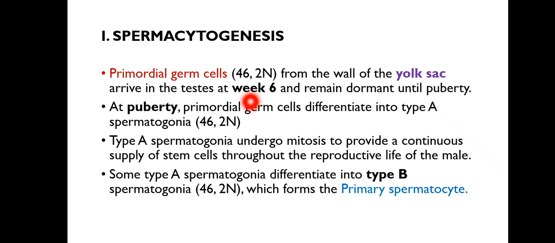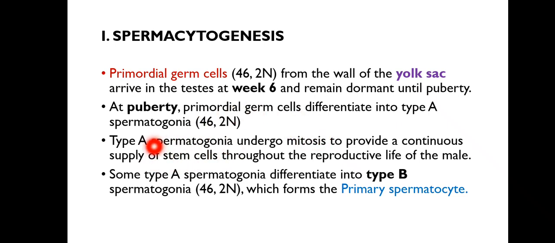And they are going to remain dormant until puberty. When a male reaches puberty, these primordial germ cells are going to wake up and say, let's continue. Then they will differentiate into what we call type A spermatogonia, which has got what? 46 chromosomes, or 2N. Then this type A spermatogonia is going to undergo mitosis to provide a different